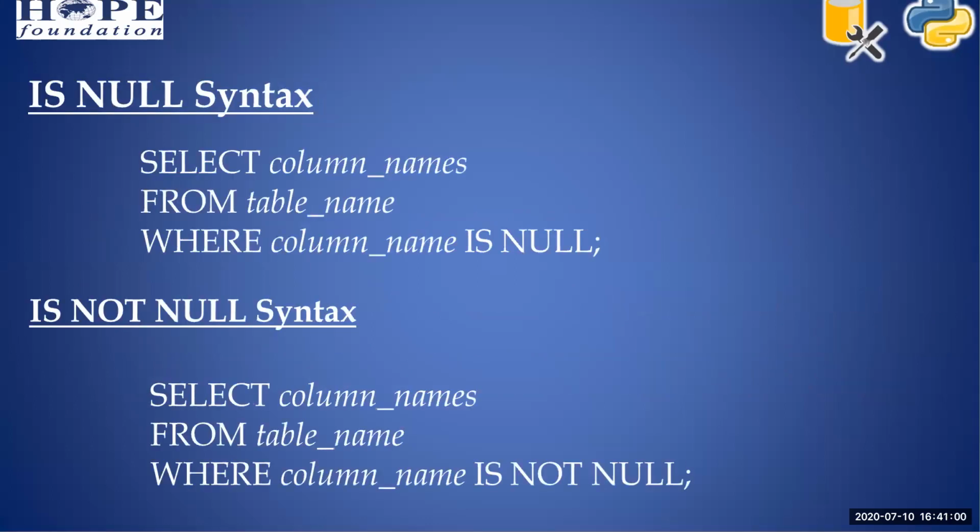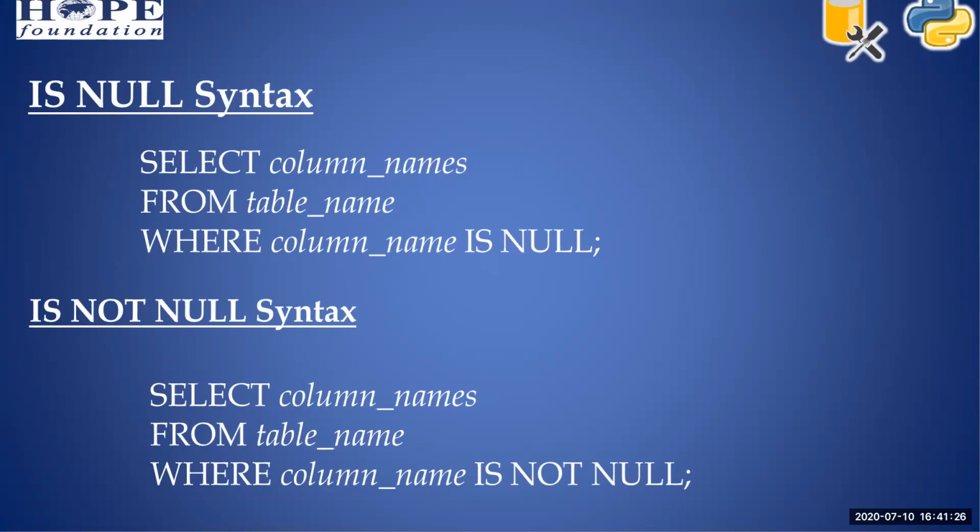So these are the conditions. If you don't want to print the null values, we don't need to take them, right? The null value is an empty cell, so we don't want that. If you want to print without null, you can use the second statement, that is the NOT NULL syntax.